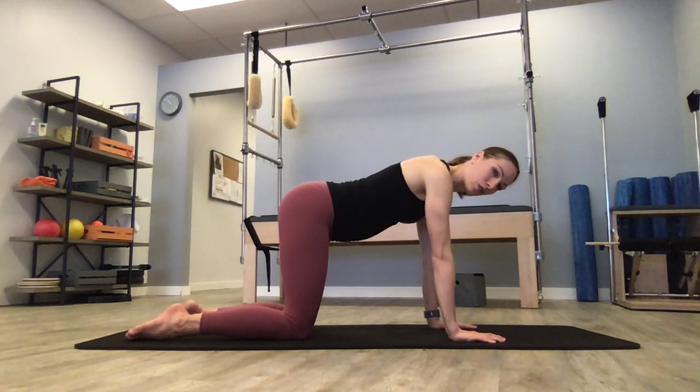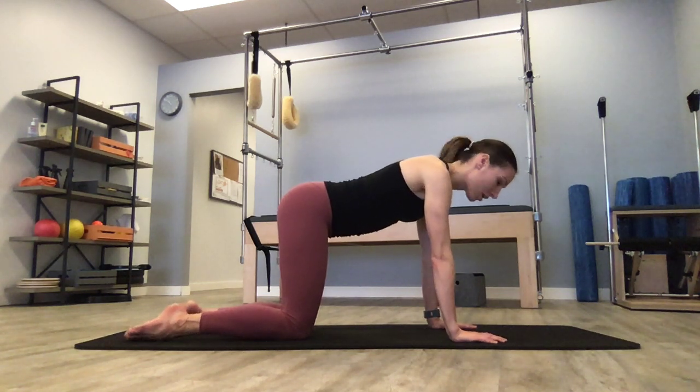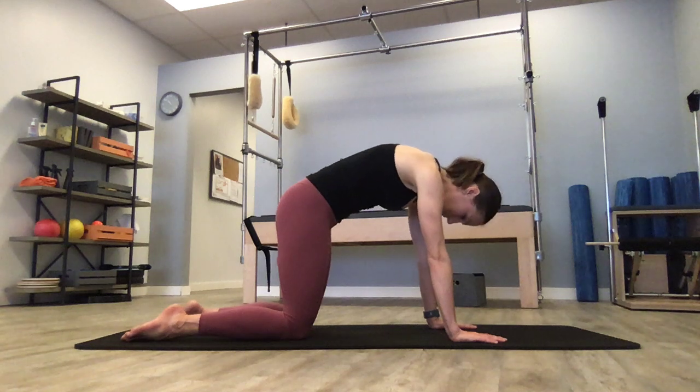So in order to create power in any muscle system, we have to be able to release it to a certain extent so it has a range of motion to create power off of it. So I like to take the time at the beginning of any class to make sure that I am activated properly. Okay? So from here, I'm just going to round up through the spine